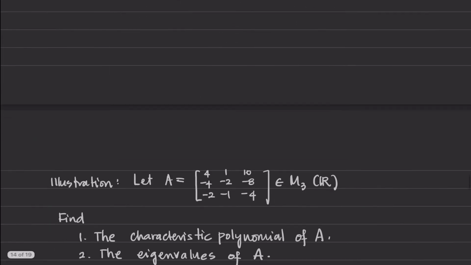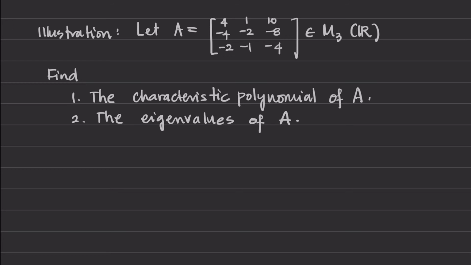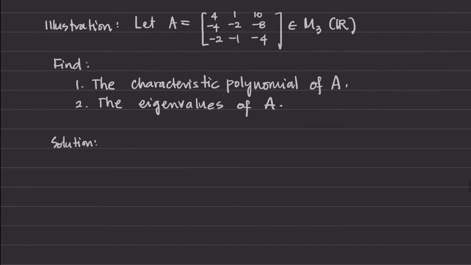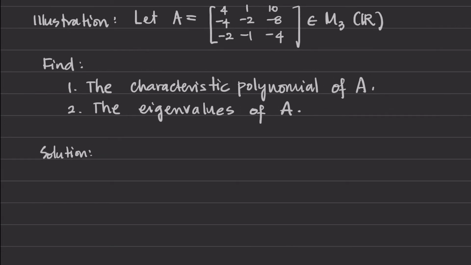Okay? So, illustrate na natin yung pagkuha ng characteristic polynomial at saka ng eigenvalues. So, let us consider this 3 by 3 matrix whose entries are real numbers. So, ito yung 3 by 3 matrix natin. So, let us find the characteristic polynomial of A and the eigenvalues of A. So, number 1 muna tayo. Kailangan natin yung characteristic polynomial to find the eigenvalues of A. So, for number 1, P sub A of lambda is equal to determinant ng lambda I3 minus A,